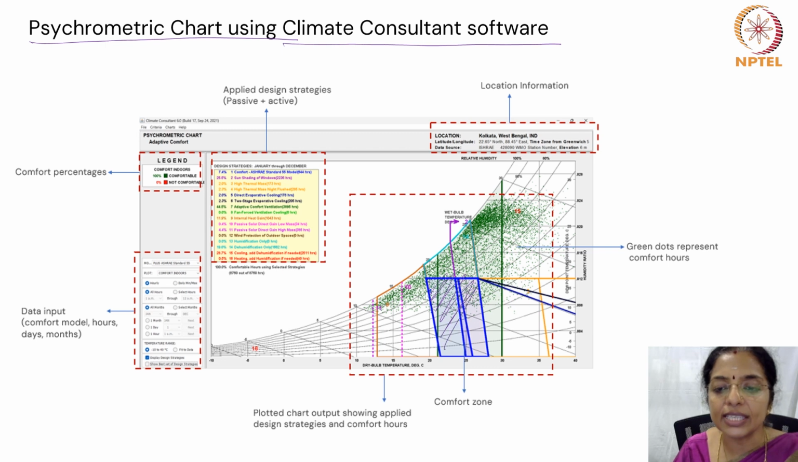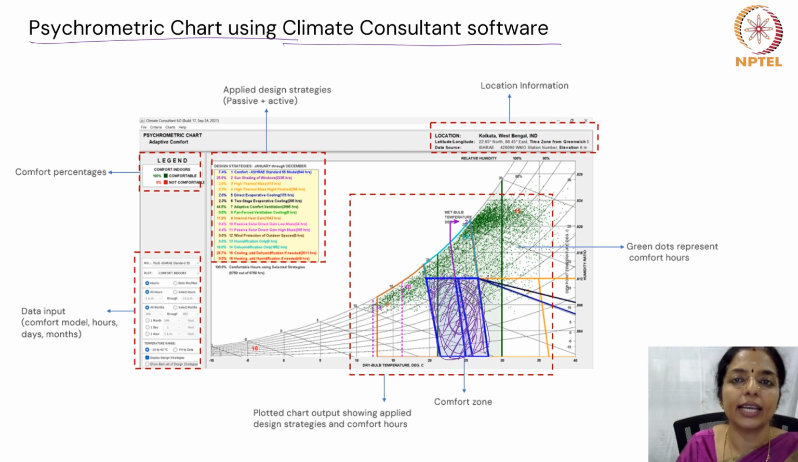So this is the comfort zone, where you will find people who stay in this kind of a climatic condition to be having 100% comfort. So it shows the dry bulb temperature and humidity level where people will feel thermally comfortable without active cooling or